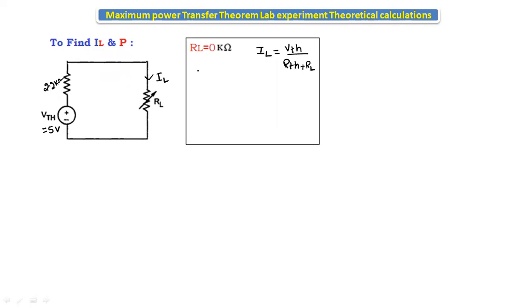So for the first step, we are assuming that RL is equal to 0 kilo ohms. Let's substitute here. VTH value is 5 volts and divided by RTH is 2.2 kilo ohm plus 0. 5 divided by 2.2. If we calculate that, we will get